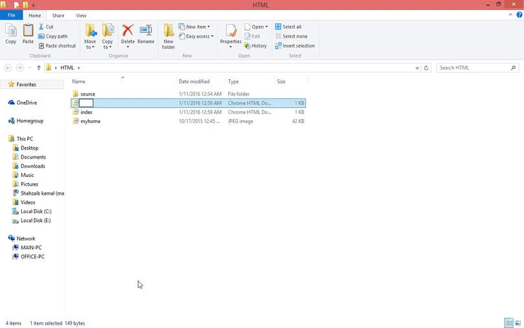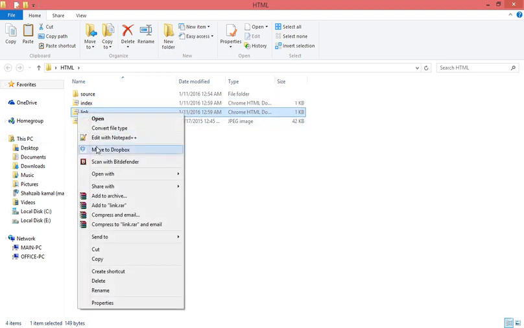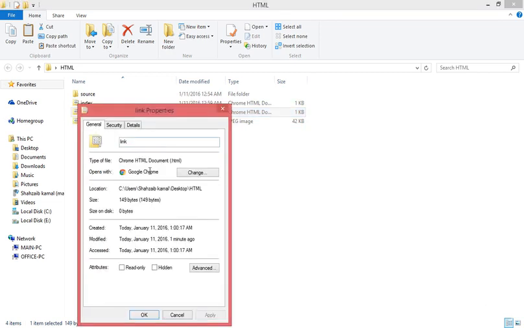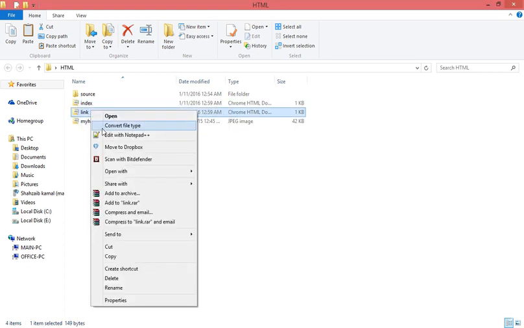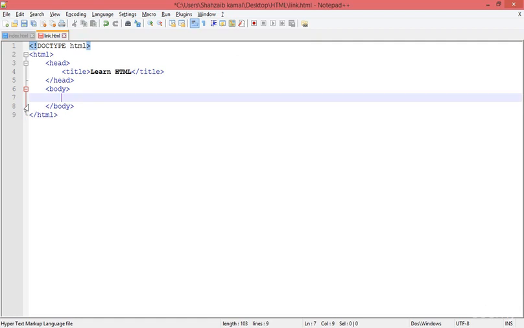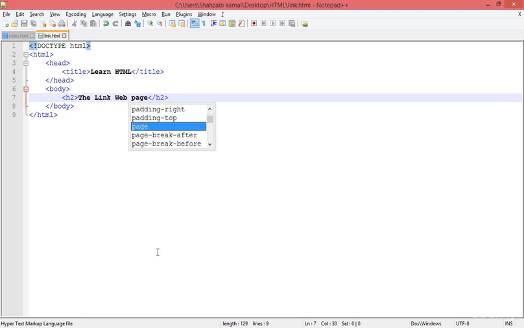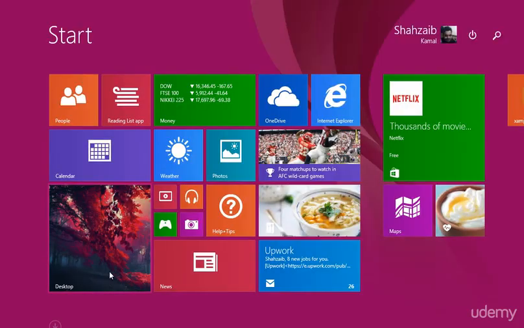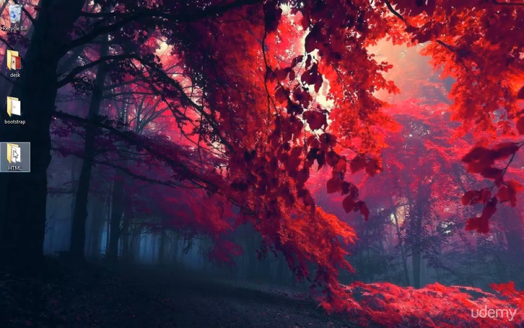Now I'm just typing the link. Okay, now it's automatically an HTML file. If I just go to the properties, you can see that the type of file is HTML. So let's just open the link file and remove the simple thing and type there the link, or I think in the H2, the link web page. Save, and if I just double click,